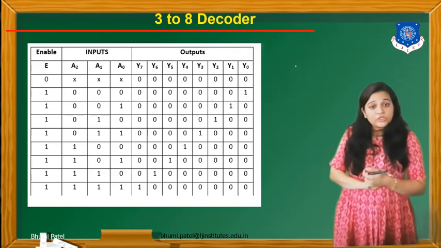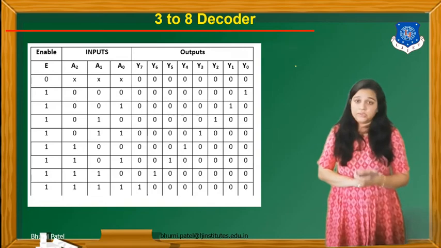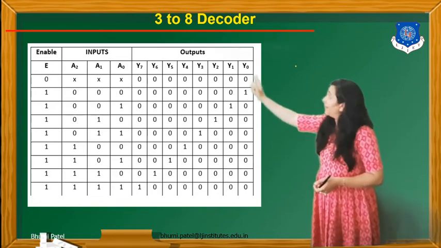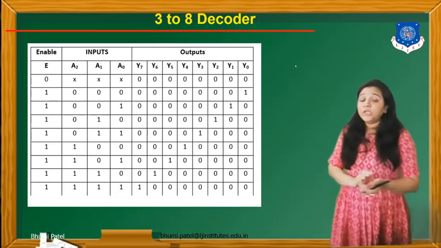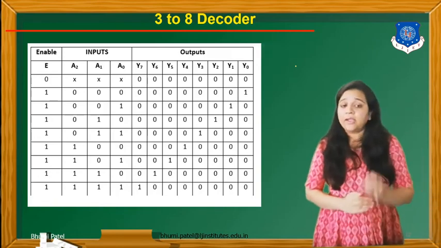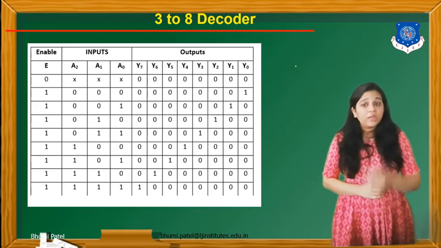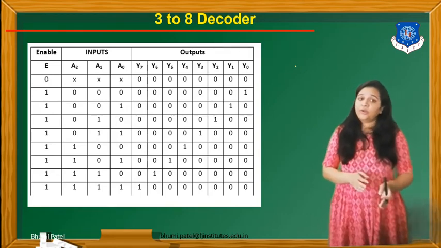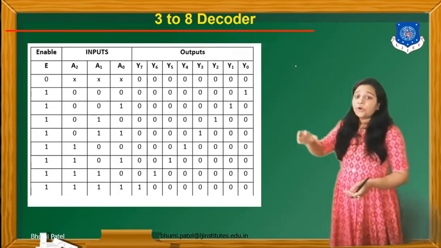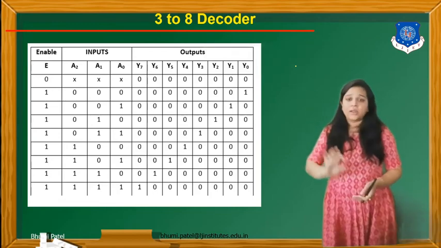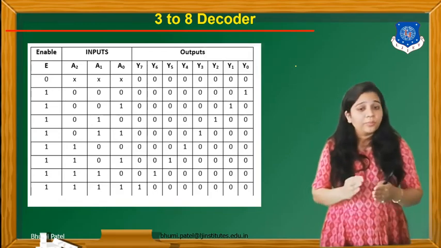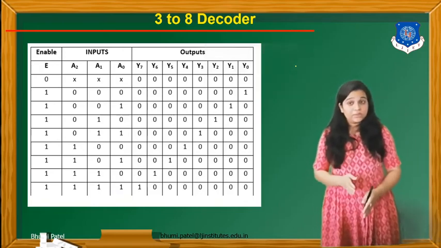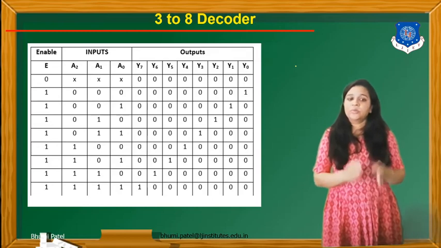Now we can also take a don't care condition. Here you can see that we can take one more input, which is called the enable. If enable is high, then we can get the output. If enable is low, that type of decoder will not run, so all the inputs are in the don't care condition. The compulsory condition for the decoder is that the enable pin must be high.